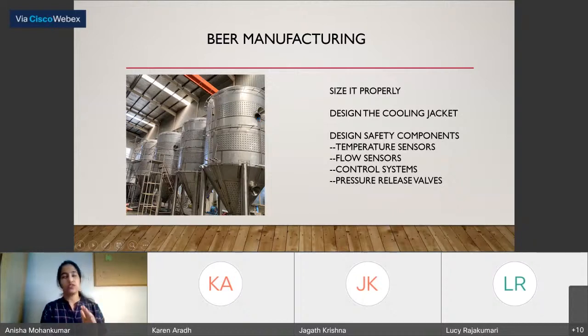They're really huge. They almost fill the whole size of a room. Such big reactors they are. They have to be sized properly, and you need to design the cooling jacket for the reactor. It's basically a water layer surrounding the reactor, so that your product doesn't go too hot. And also you have to keep in mind,